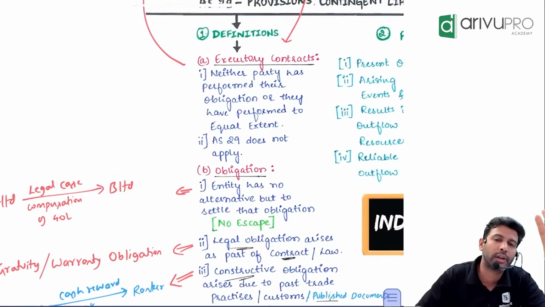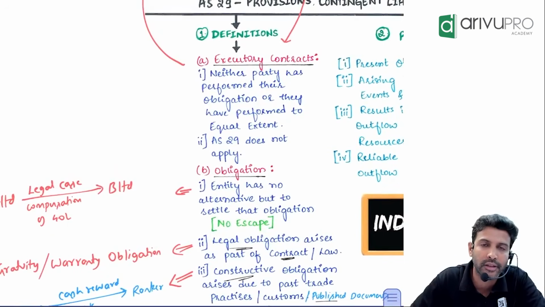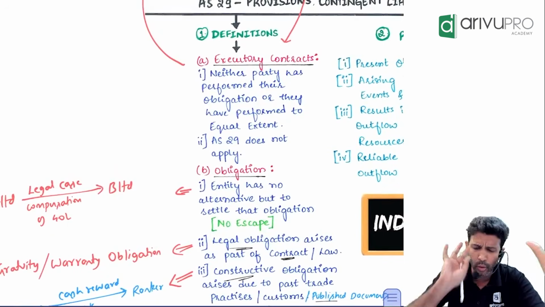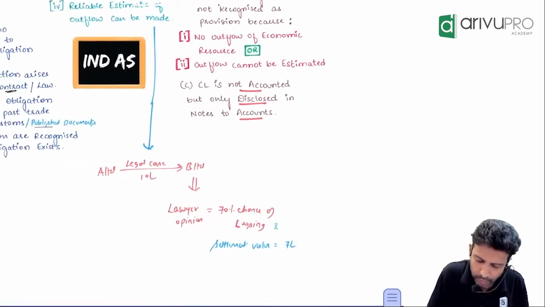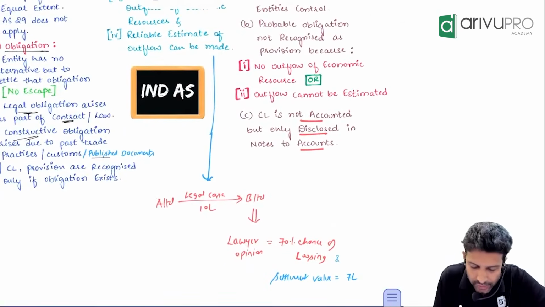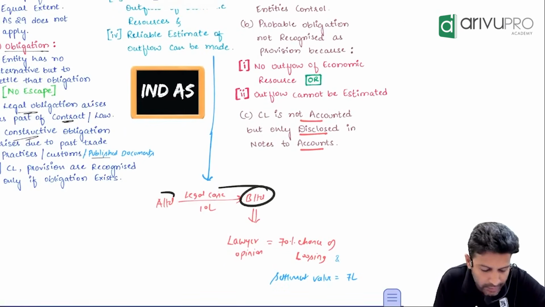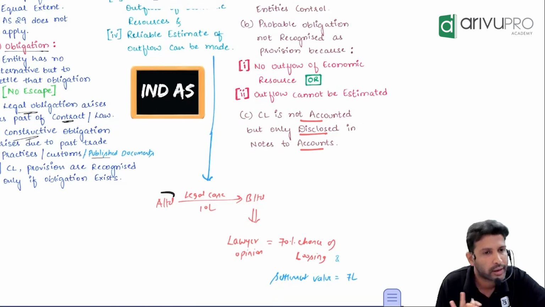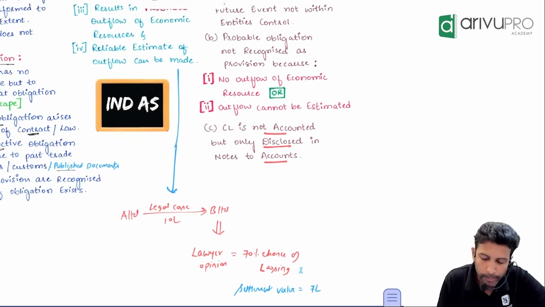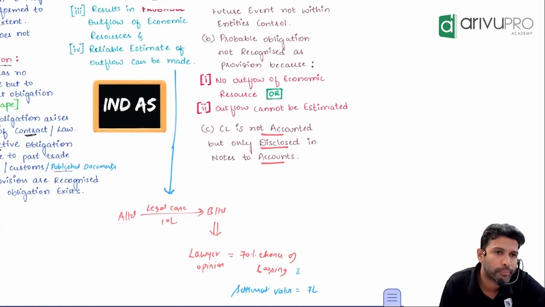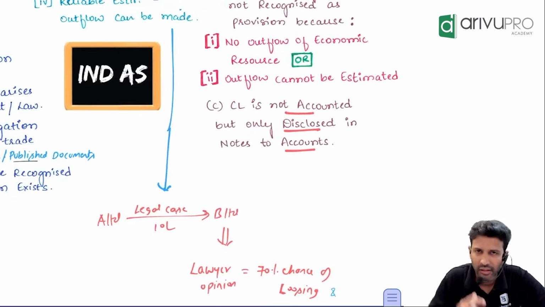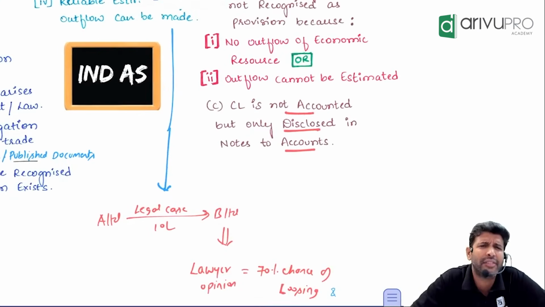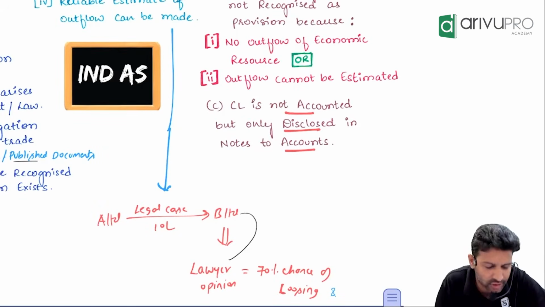But to show the provision, we look for 4 criteria. I said, what are the 4 criteria? Present obligation. We'll go one by one, maybe. Let's take this example only. A Limited has filed a legal case against B Limited demanding a compensation of 10 lakh. Okay. Now, people, who has filed a case against whom? A, on whom? B. Whenever a case is filed, we take the help of whom? Lawyer. Yes, no. Now, B Limited asked the lawyer, hey, what's the scene? B Limited's lawyer told, go in the.